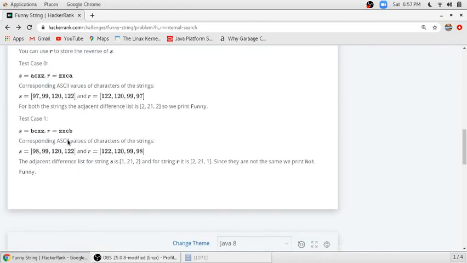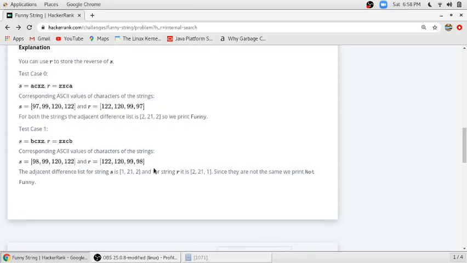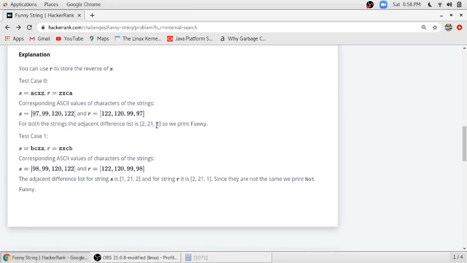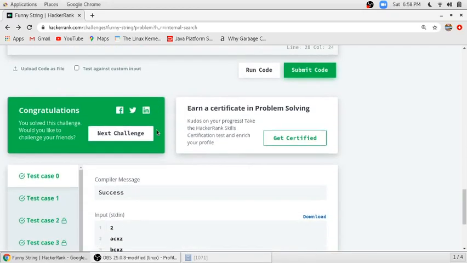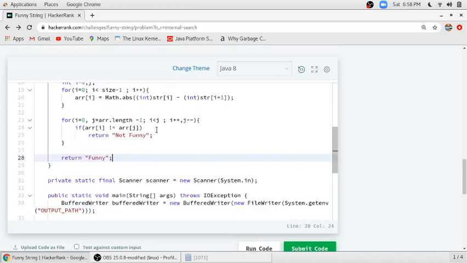In the second example you will see that this one is not equal to the last element, here is 2 and here is 1. So this string is not funny, and we will return Not Funny at this condition, and we will not check any further conditions. And whenever the first element is equal to the last element, we will check all the conditions, and when the second for loop completes and there is not a single condition where the string is not funny, then obviously the string will be funny.